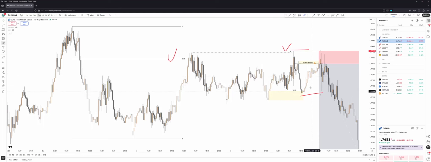Once price started to get close to the 71 level, it started to drop down and hesitate a little bit. So it built up a little bit of liquidity, a little bit of inducement for the entry. So we can almost take it as a plus one criteria for the entry. Okay, so the tag has happened. There was a little bit of